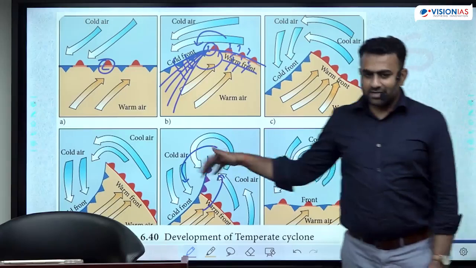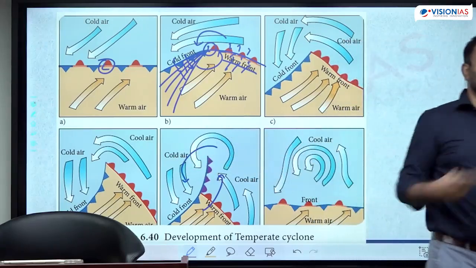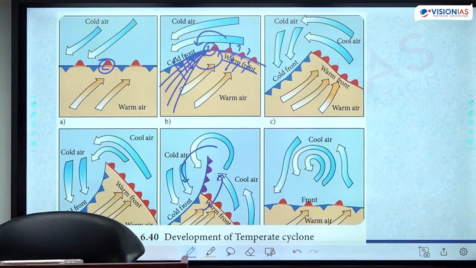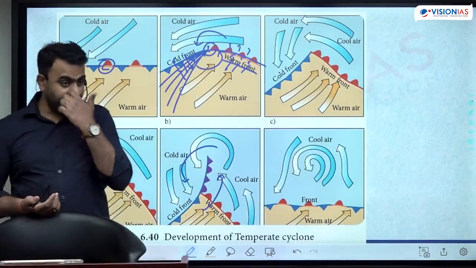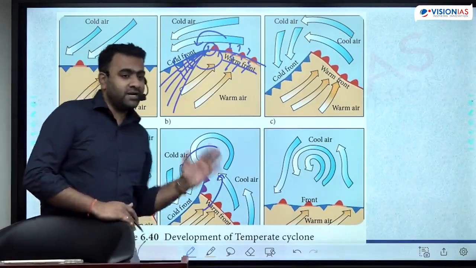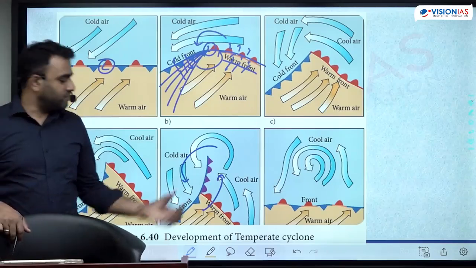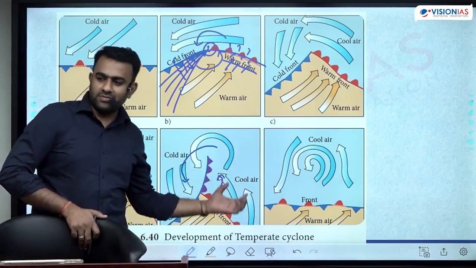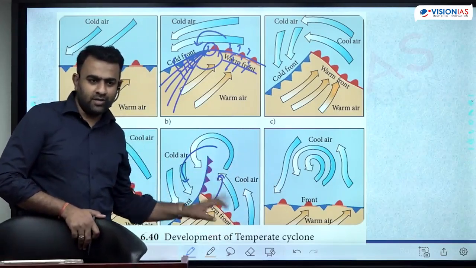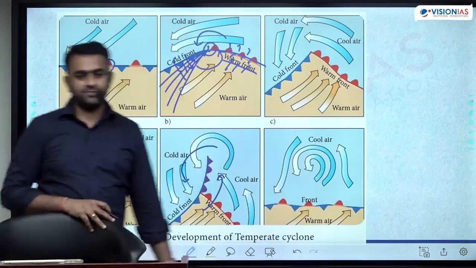Okay, this entire part is not fixed in one position. It continuously is changing. With the release of more latent heat, with the release of more energy, temperature further increases, pressure drops, more disturbance is created, and the fronts are continuously maintained, as long as there is warm air left here. Once the entire warm sector is completely uplifted, once the entire warm sector undergoes occlusion, there is no more warm sector left, then the frontolysis.